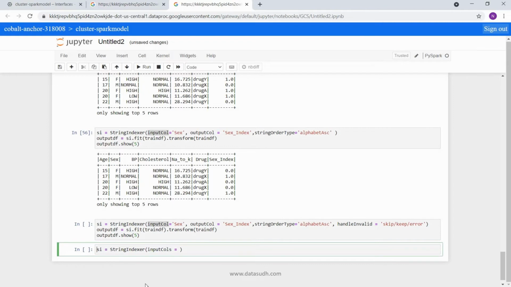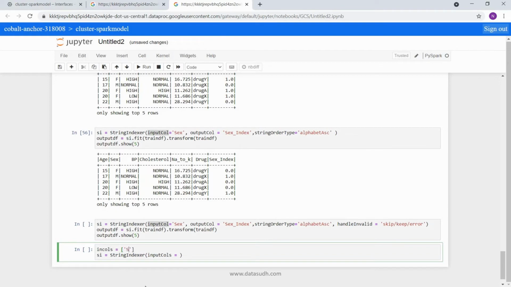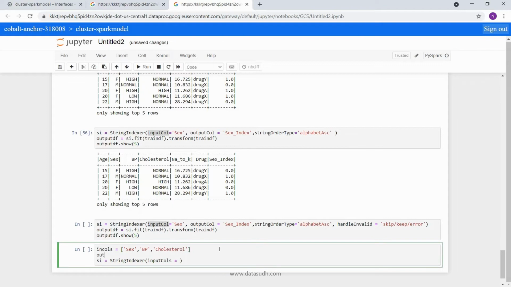So let's create a list of input columns. Similarly, let's create a list for output columns.